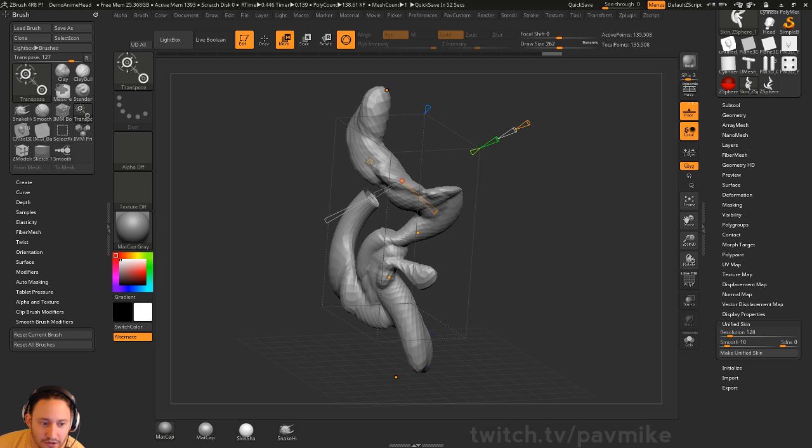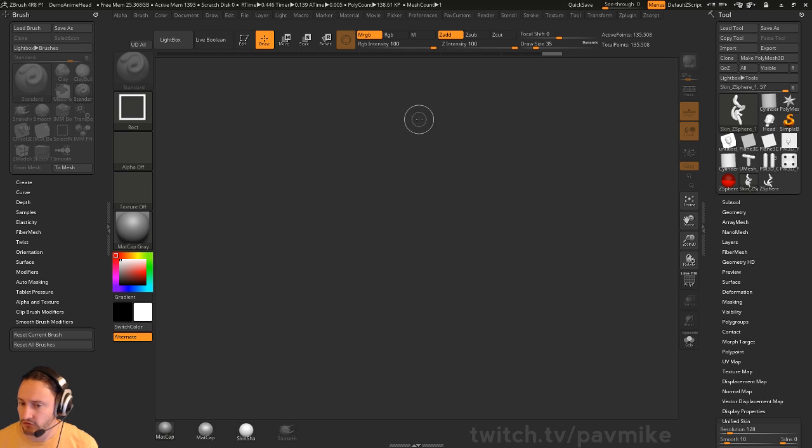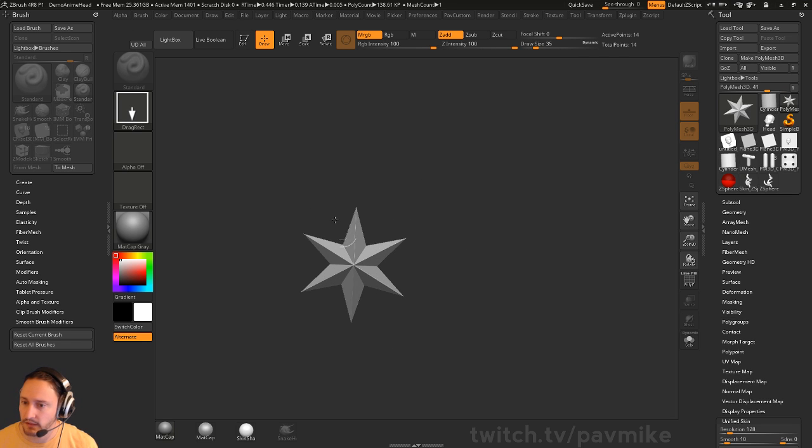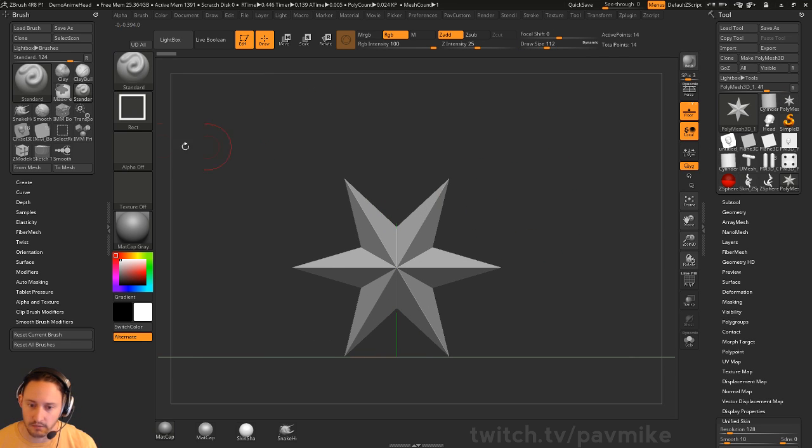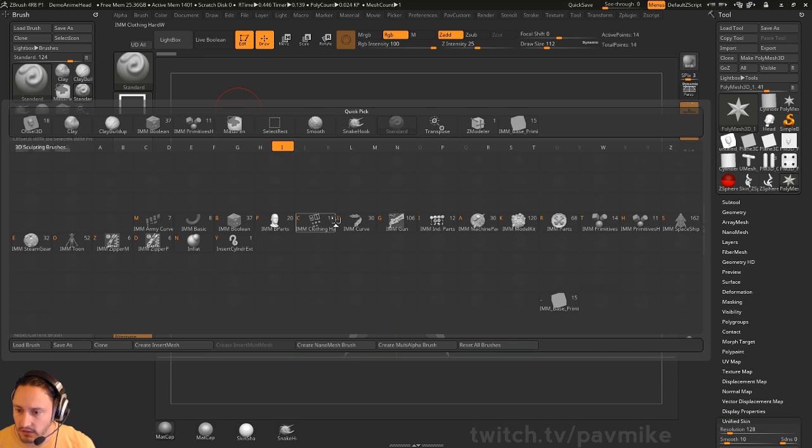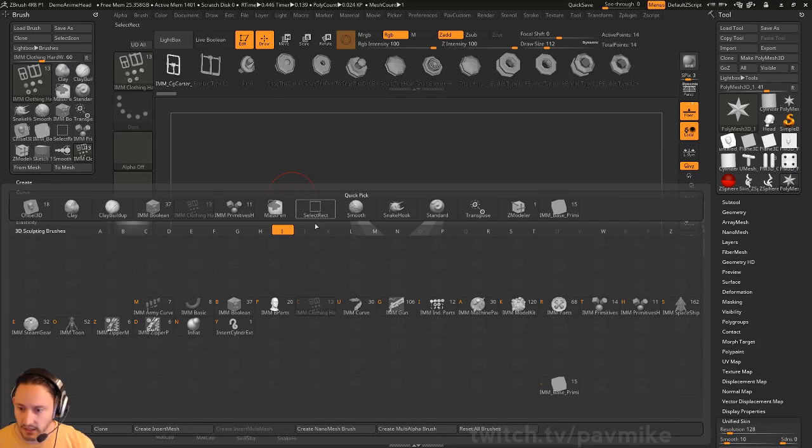What does the brush modifier multi-mesh selector do? Oh, that's another thing I want to go over, which is doing multi-alphas. Okay, so brush modifier multi-mesh selector. To describe that one best, let's go make a polymesh object here. Then we go to a brush, the insert brush, IMM curve brush, in